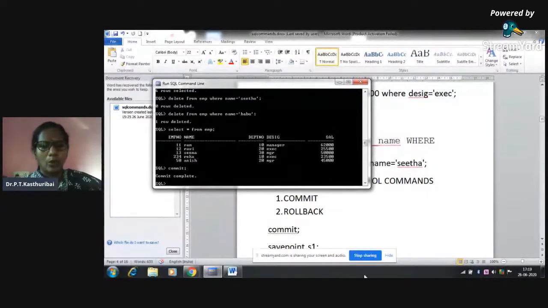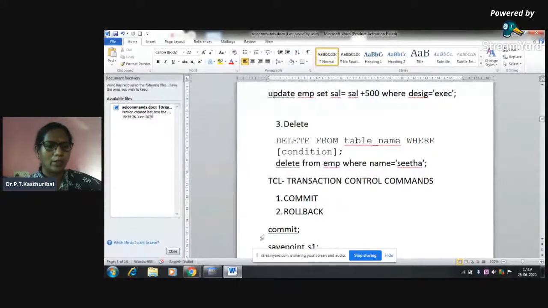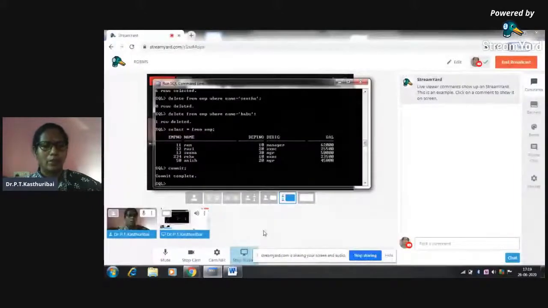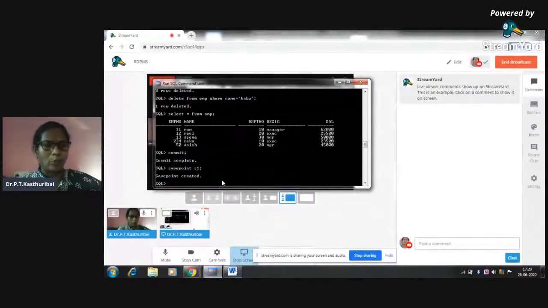Before that, when I want to cancel out some of the changes in the table, I can give a savepoint or I can give rollback commands. For example, let me set a savepoint S1. Now a savepoint is created.